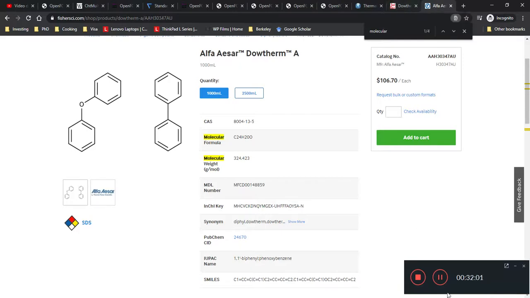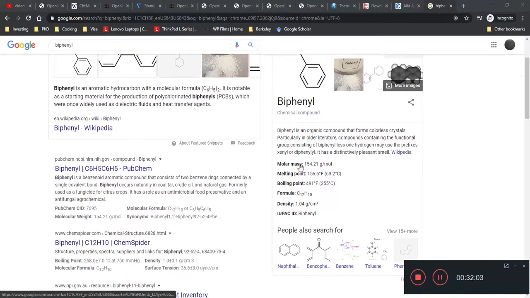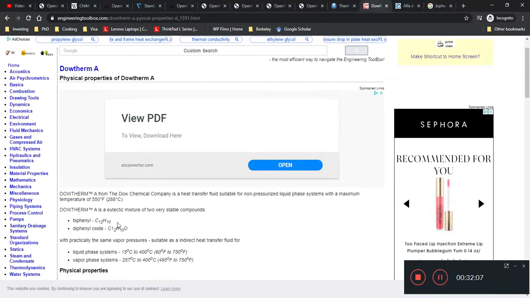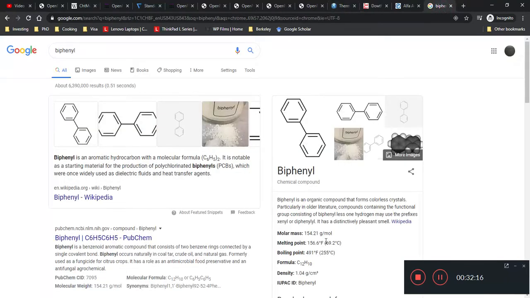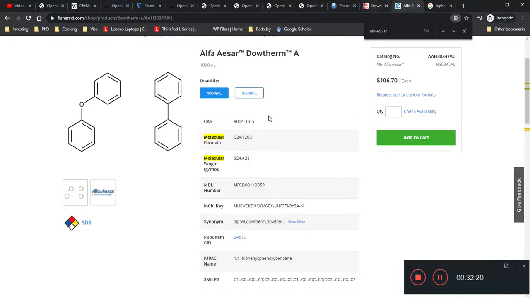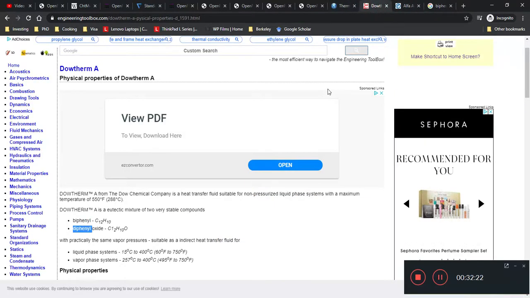So yes, it's the average. Dhalsim is made of biphenyl and diphenyl oxide. The average molecular weight of this is 166 because the biphenyl has a molar mass of 154. Anyway, I'll just put all these into